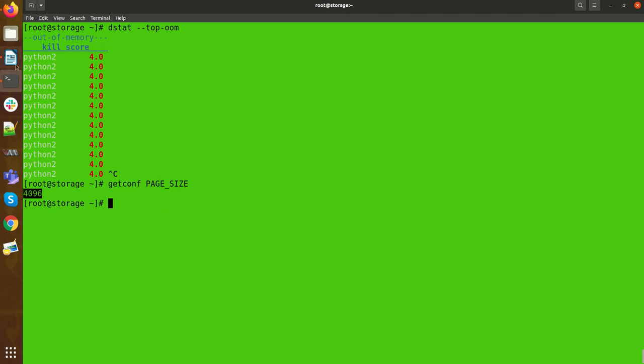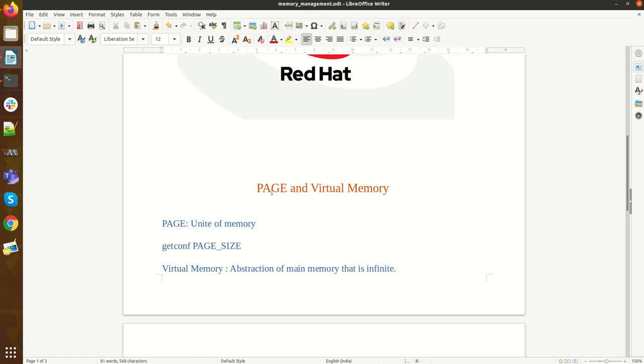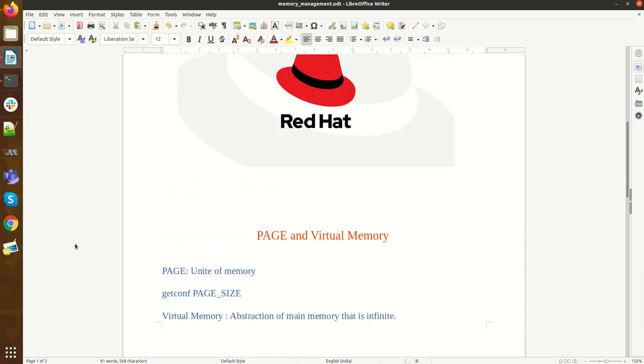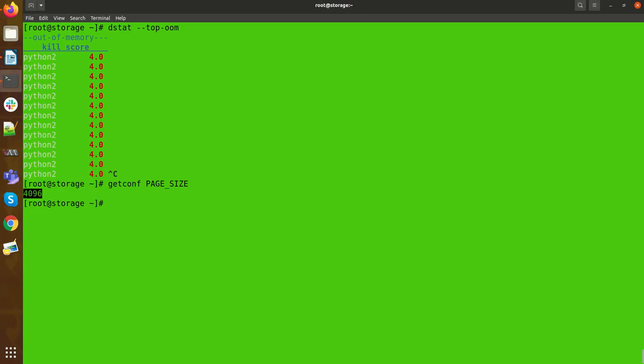My next concept is virtual memory. So what is virtual memory? It's simply an abstraction of main memory that is infinite. Let me demonstrate. But before that we have the huge pages concept. So what are huge pages? Basically that concept is used where we are using MySQL or Oracle.